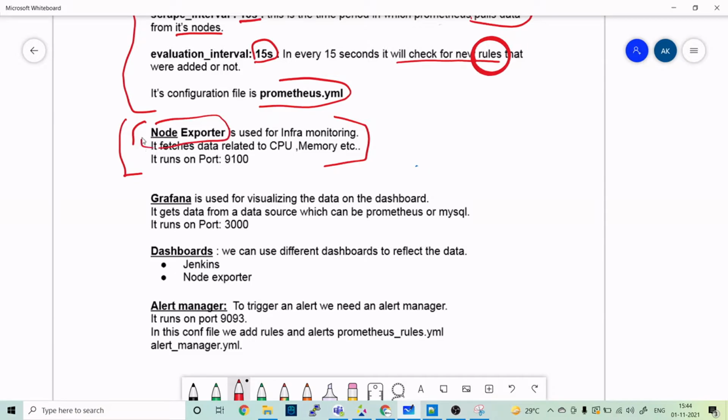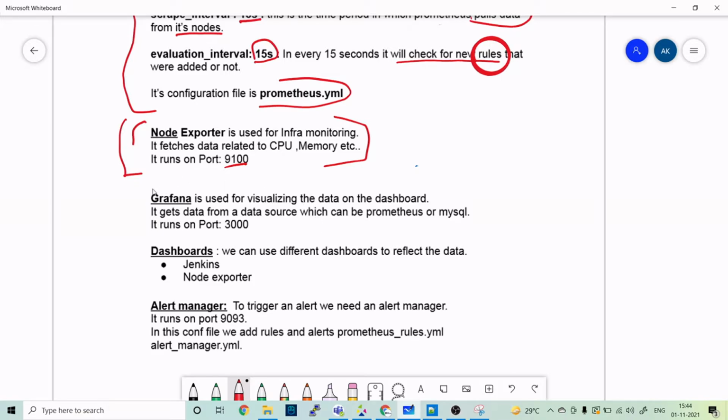So we will install node exporter as well. Its default port is 9100, but it can be modified. If you want to run your node exporter on another port, you can do that.